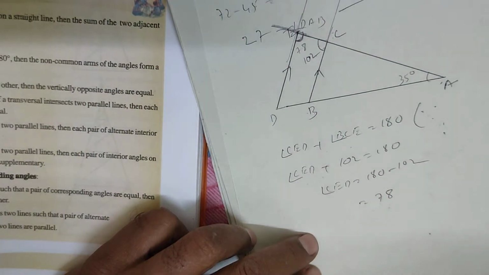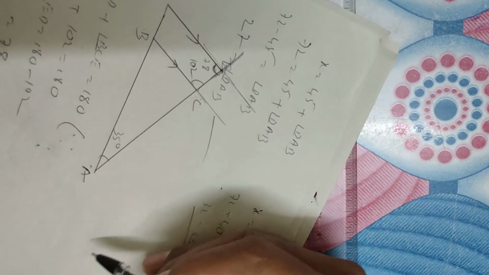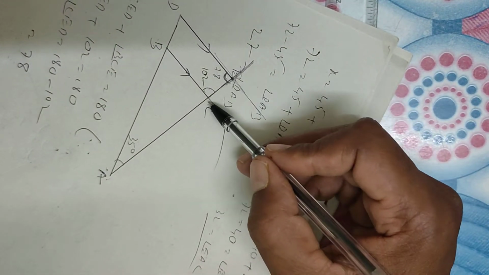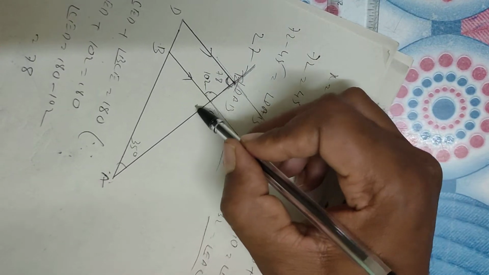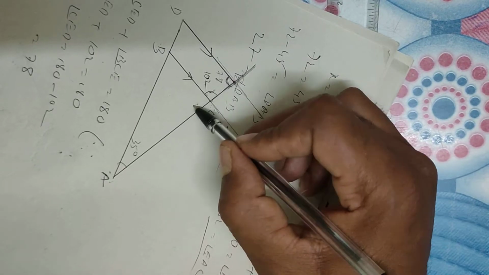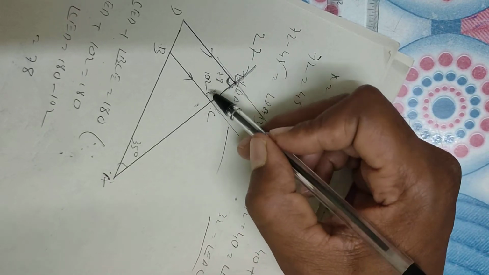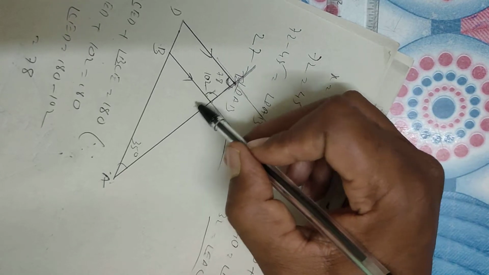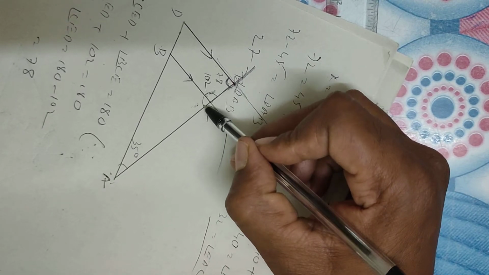Okay. Next he asked BCA, this angle BCA. So how to understand this angle: rotate this one like this. What is AE? It is a straight line. And what is CB? It is one ray. So what are these two angles? Very good. These two angles are supplementary angles, because on one straight line at one point the sum of two angles is 180, which is called a linear pair. If it is 102, this becomes what here? 78.